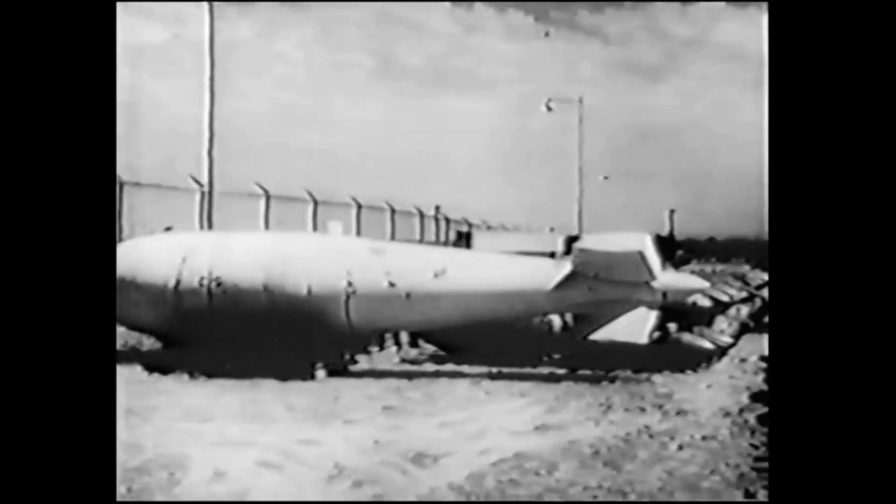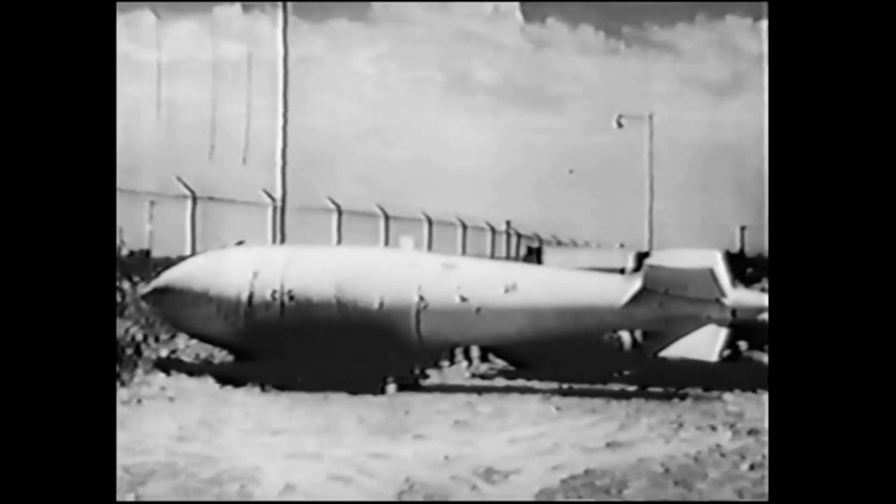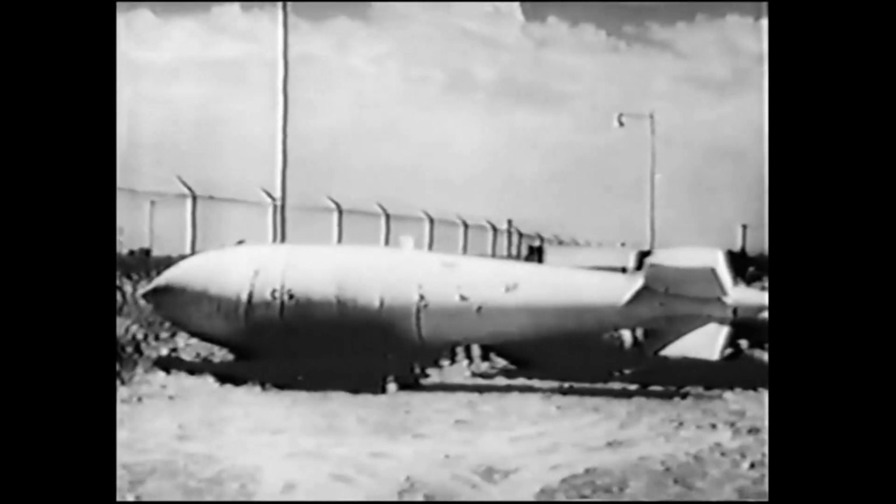Or maybe slightly larger, like this. Or for a real Saturday night wallop, a pair of these blockbusters at 43,000 pounds apiece. And for the Sunday punch,